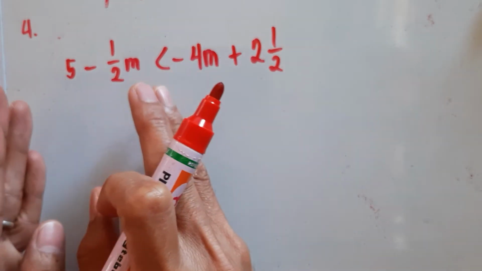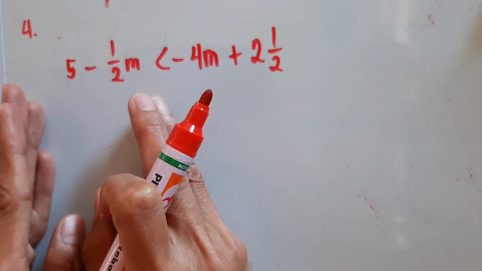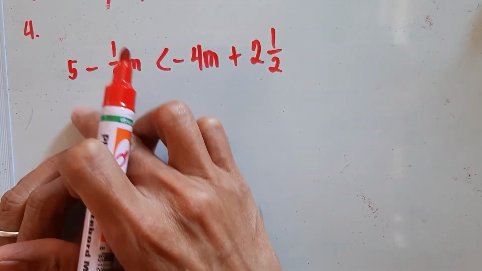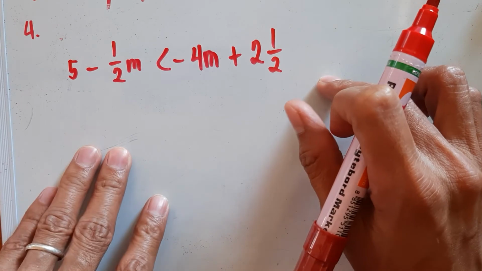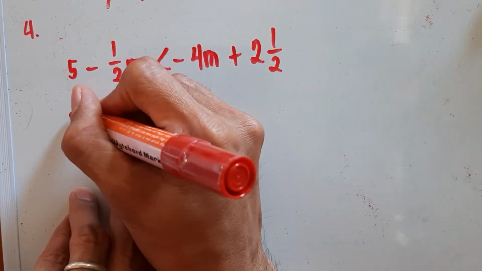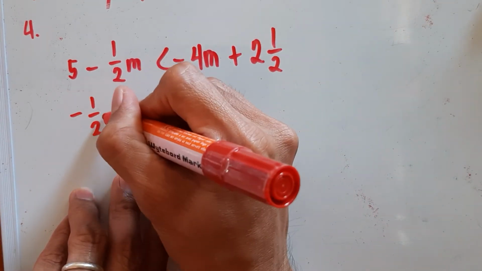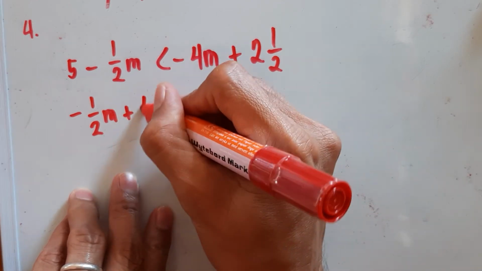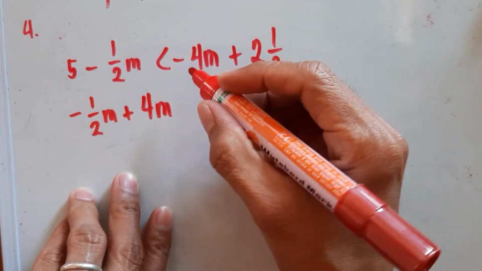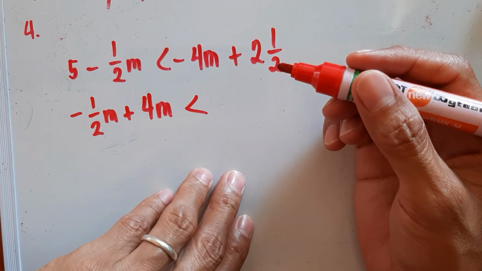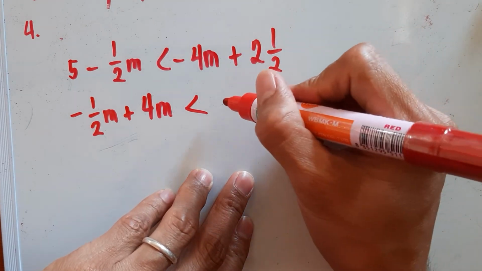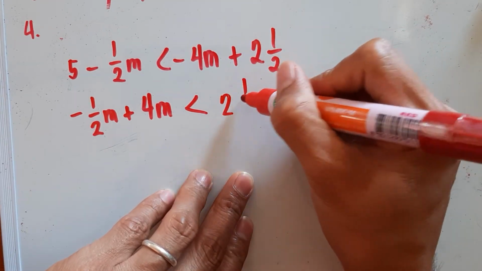The ideal place is on the left side. So for m we move it to the left and this 5 we move it to the right. Let's do that. So we have negative 1/2 m plus 4m is less than 2 and 1/2